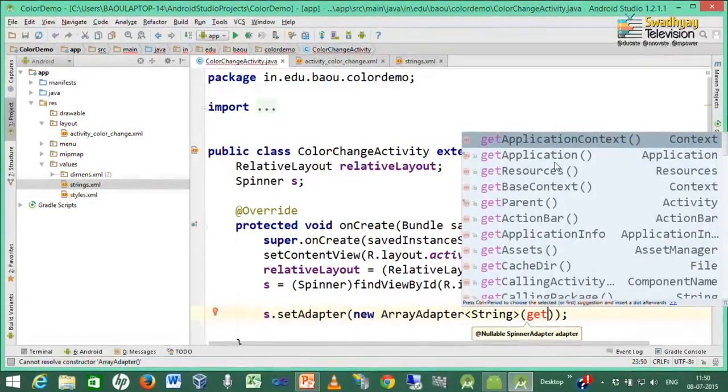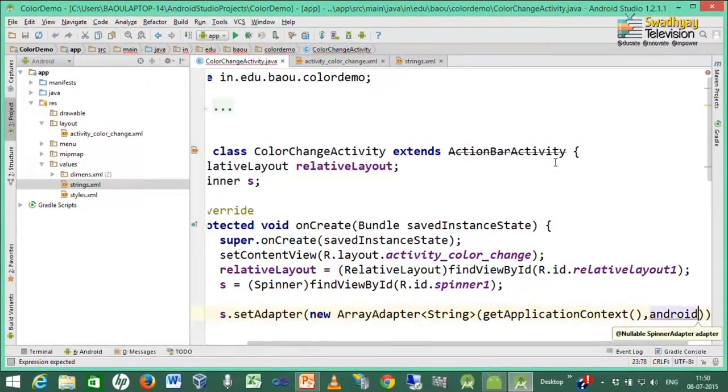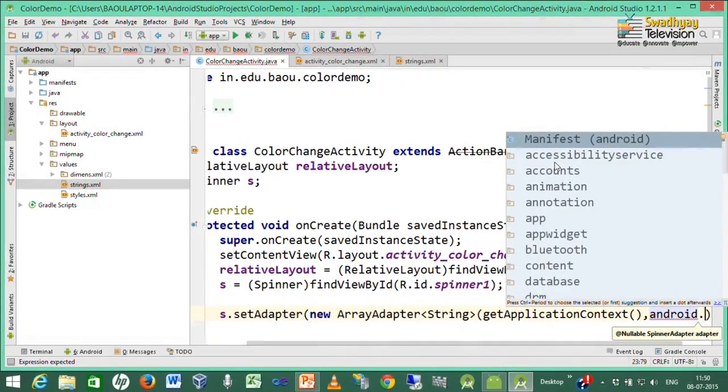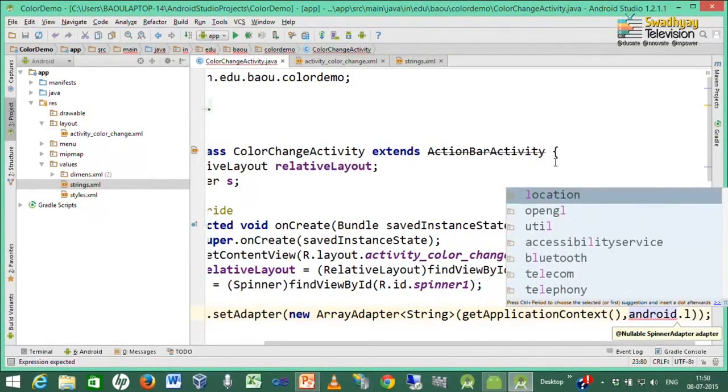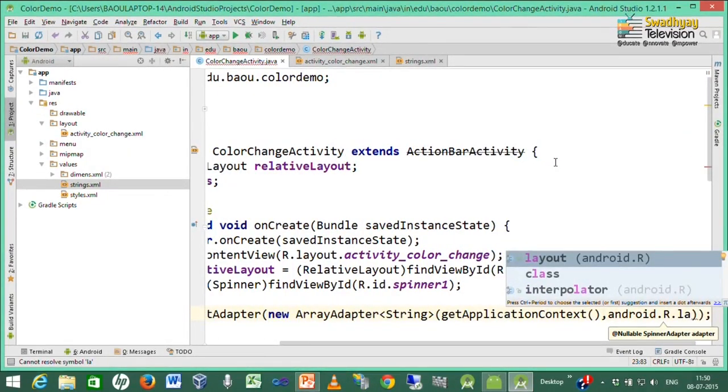First is the application context, second is an inbuilt layout for the spinner, which is specified by